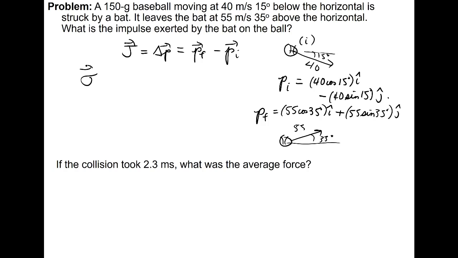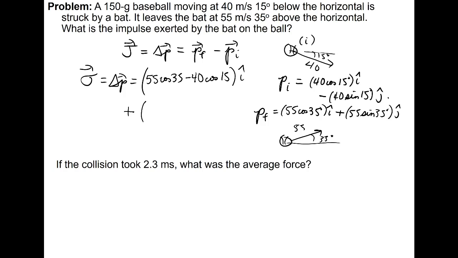So that means that the impulse, which is equal to the change in momentum, is going to be, let's look at our i hat first: 55 cosine of 35 minus 40 cosine of 15 i hat, plus